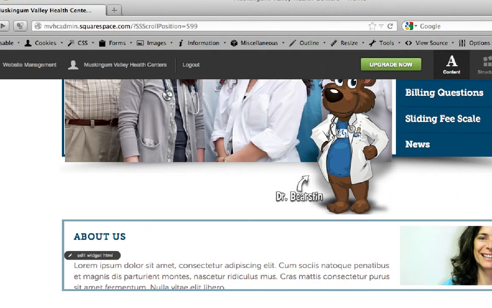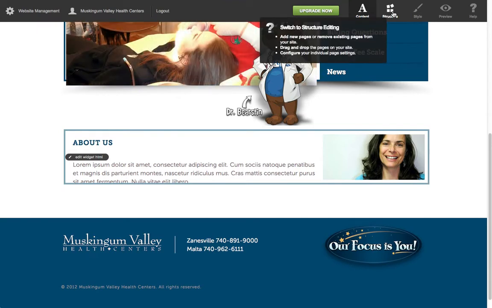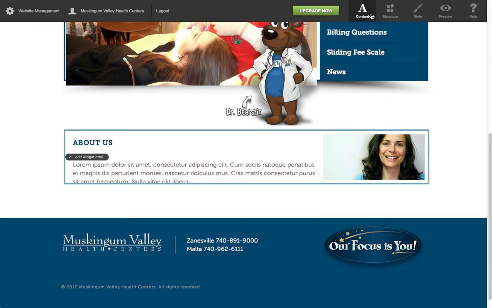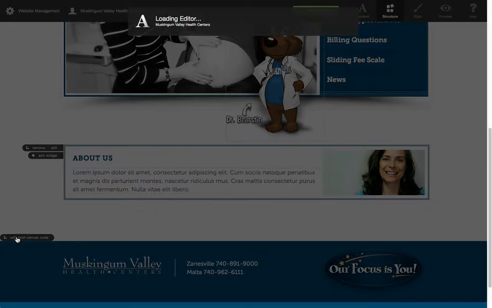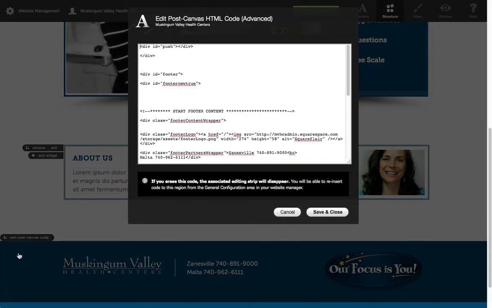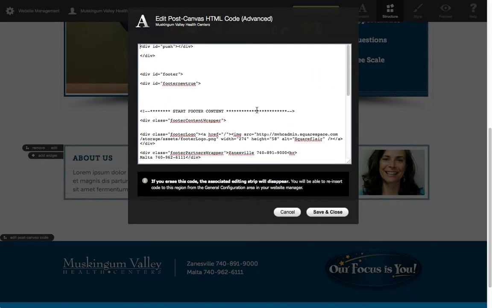Then the footer area of the site, if you go to structure mode, again, there's probably not a whole lot you'll want to edit in there. But if you go to structure mode and then edit post canvas, this is where you need to tread a little more gingerly, because this is all strictly code, and if you change anything in here, it'll kind of break things